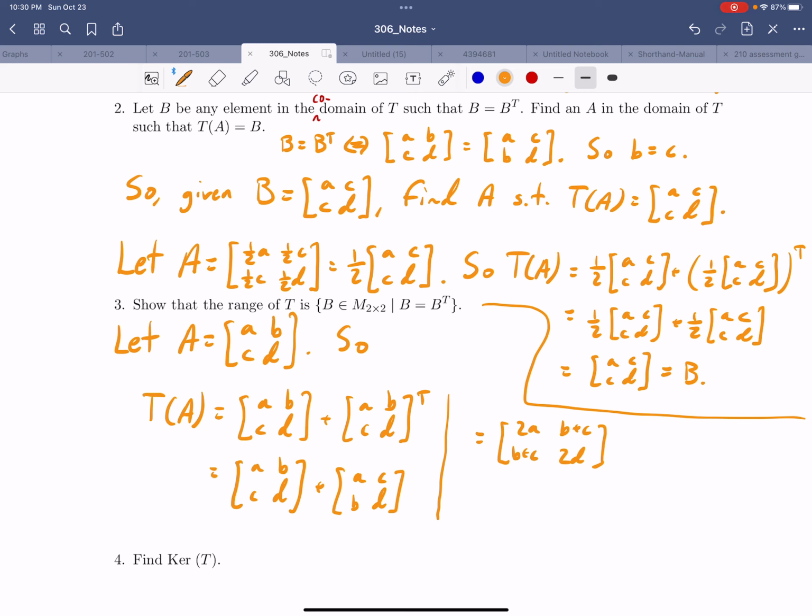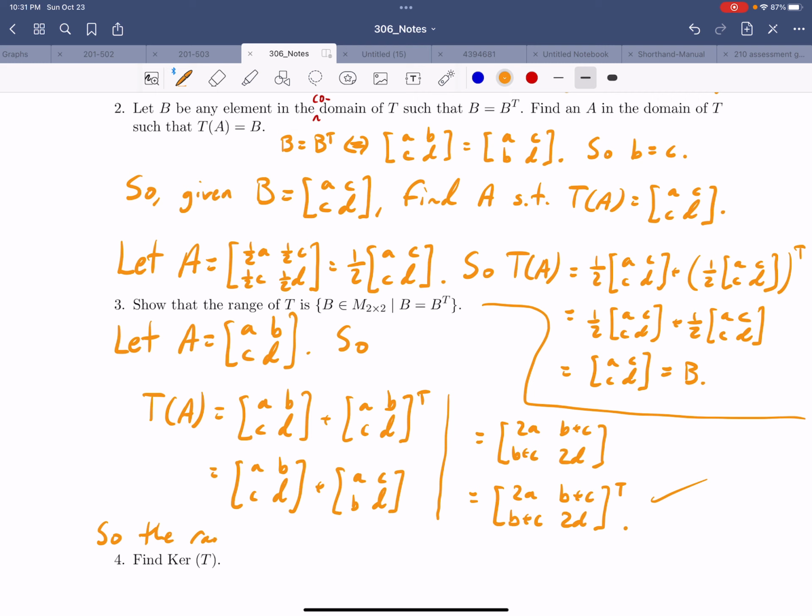And do we see that that equals its own transpose because the non-main diagonal entries are the same? Right? So we have that. Just to be clear, maybe this isn't a complete proof, but